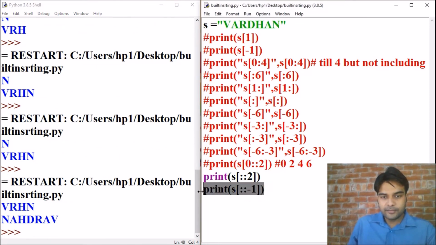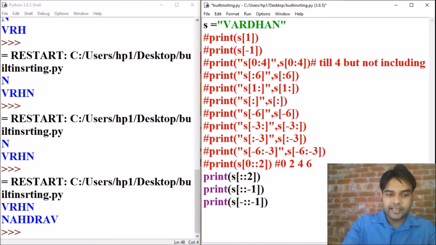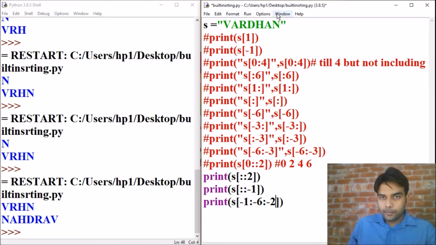See one more example. Its starting is from -1 and it is moving towards -6, and the difference is -2. See, -1, n will be printed, then with a difference of 2, h will be printed, then r will be printed, then v will not be printed.